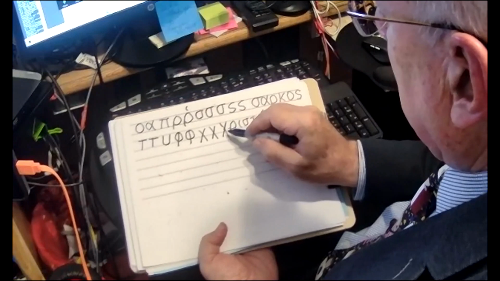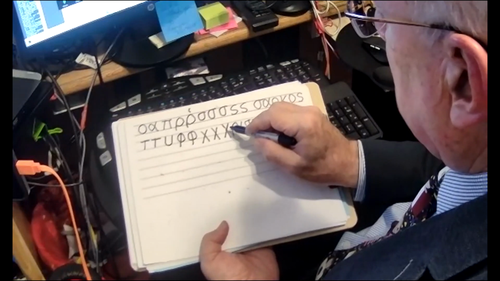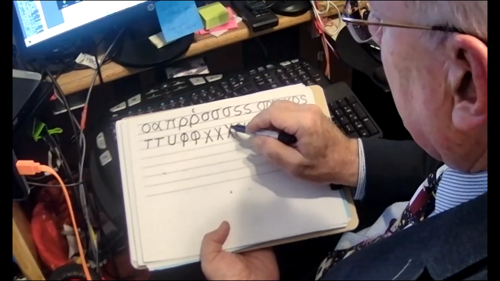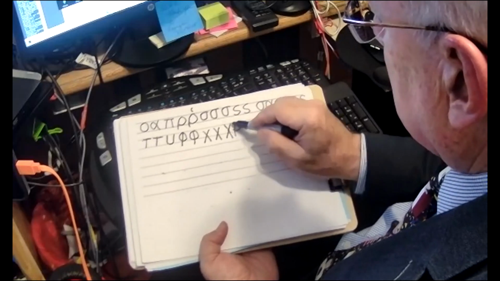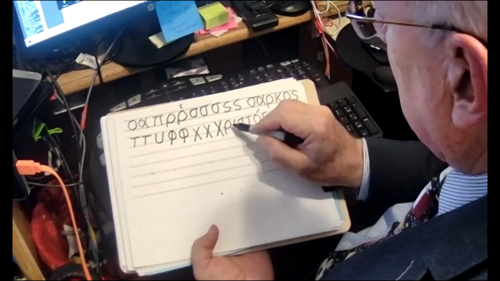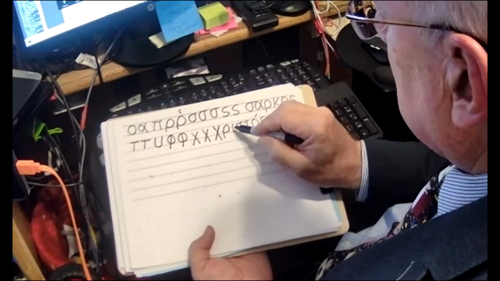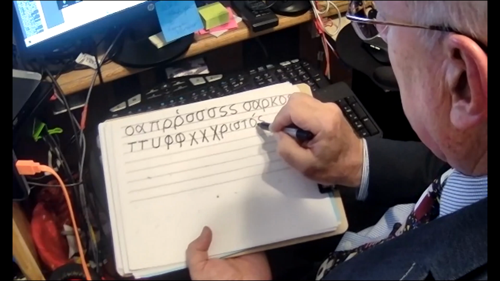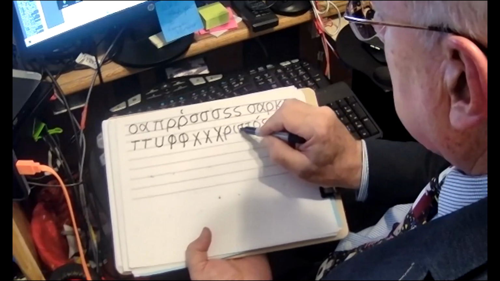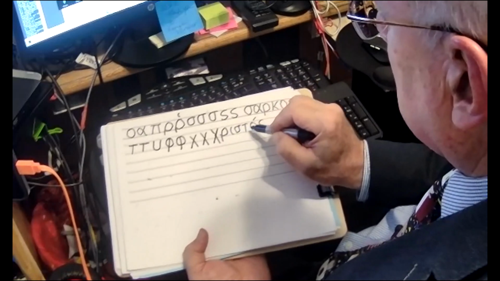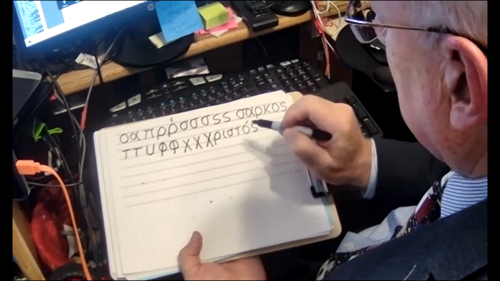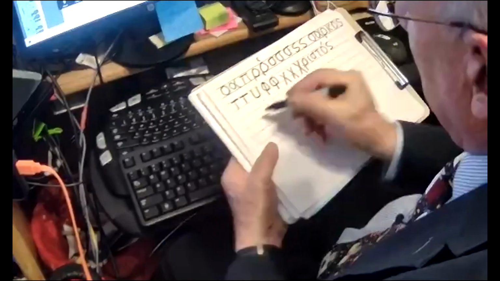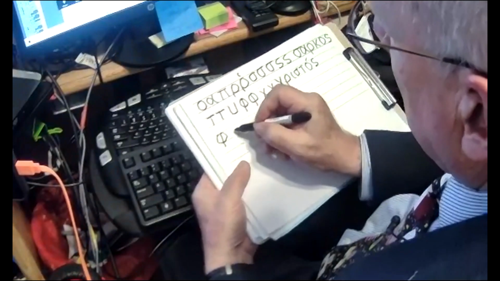You notice the chi is actually a large letter like beta and lambda, but that's because it goes down below the line further. Christos. We have a vowel here and a vowel here. Chi, rho, iota, sigma, tau, omicron, sigma, Christos. Sigma at the end looks like this. So phi, chi,